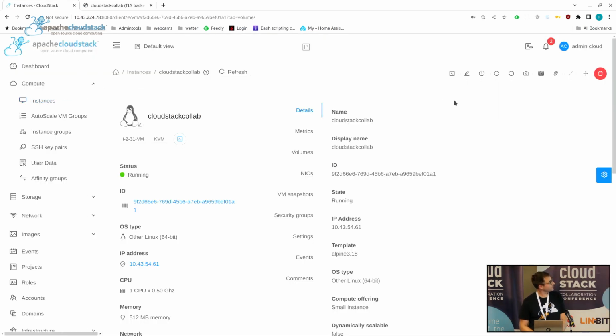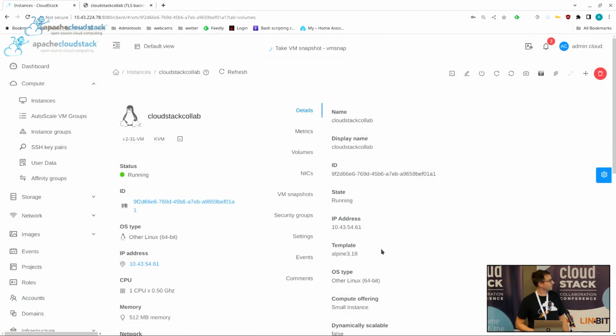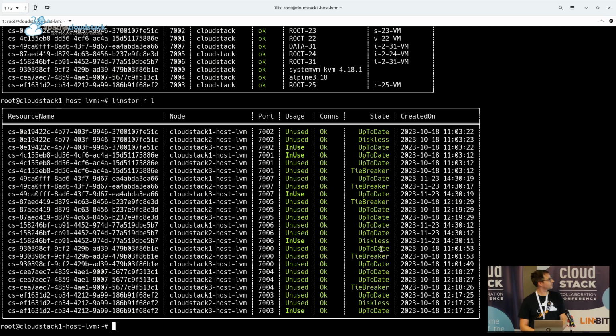Now I wanted to show this new feature, which will not come in 4.19, but in 4.20. That is taking VM snapshots. We don't support memory snapshots yet because we need a place to store the memory and we have to find out a way to do that. So doing a frame snap. In LINSTOR you can check that with